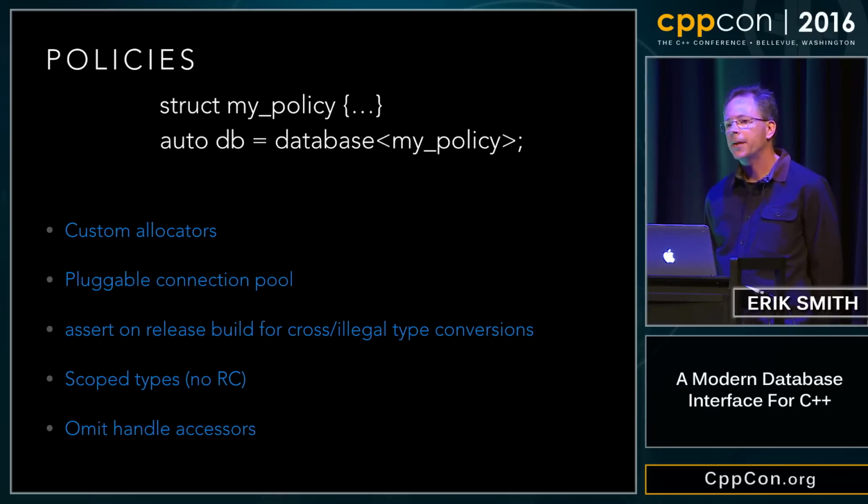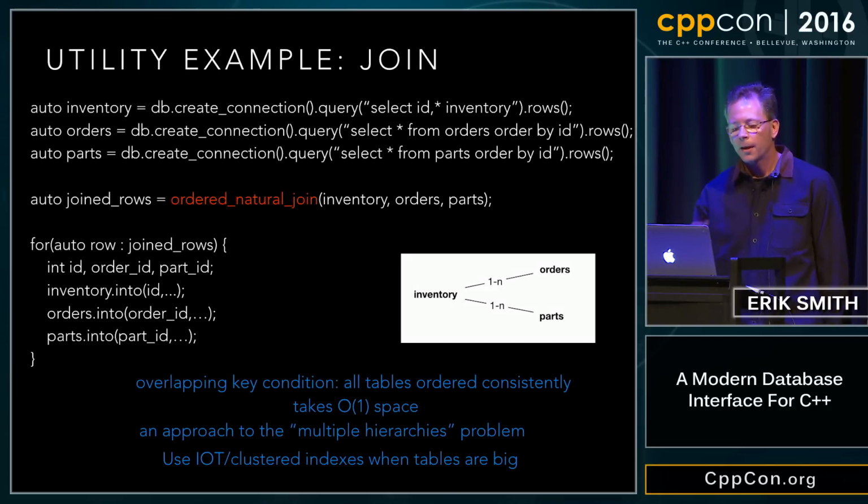There are other possibilities that I think may be possible as well here, such as if you really don't want the cost of shared pointer, you could specify just make it scoped. That's possible here. I want to talk a little bit about a utility example here. By that I mean here's something that you can use on top of this interface, which is an